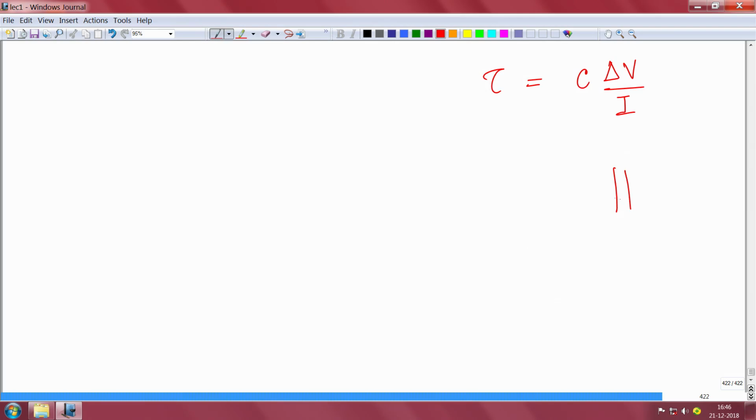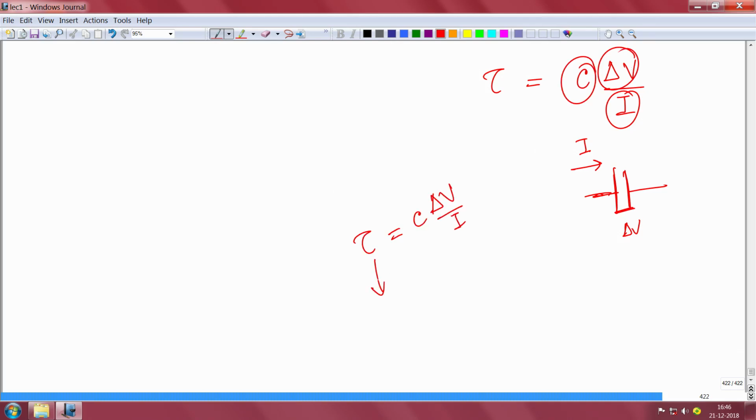So, you have a capacitor, for example, a node. This capacitor could be a transistor or something that you are actually discharging. What is the current that is used to charge and discharge, that is this. What is the delta V, the potential you are actually moving around, that is this, and C is the capacitance of this thing. So, to make devices faster, you need to make sure that the time taken to switch, to charge and discharge, should be as low as possible to get a device that is faster.